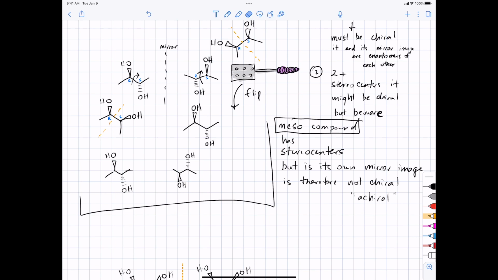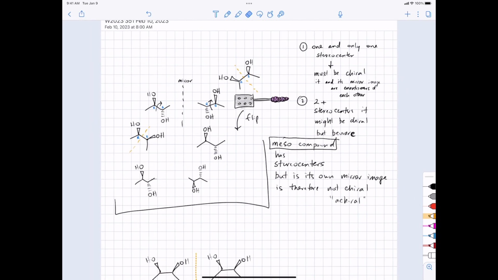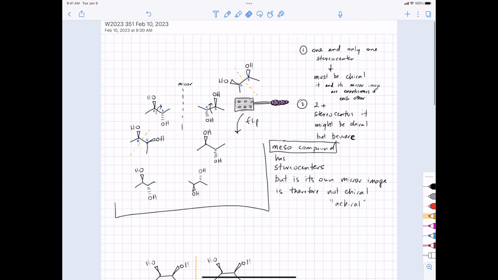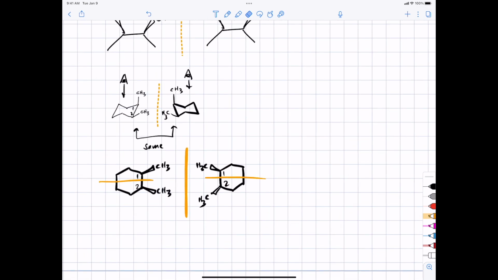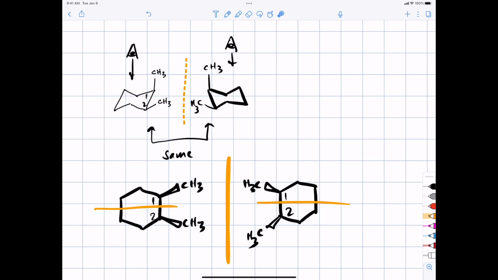Go ahead. So I'm assuming this does not apply as well to rings, I mean carbon-carbon ring. So does it apply to ring compounds? Can you rotate? Well, yes, in the sense that you can chair flip. So I gave you this cyclohexane ring with 2 methyl groups. And we drew the mirror image, and it would be difficult from this point of view to sort of rotate things around. I mean, the way to see that these two are the same from the chair conformation is simply to do the chair flip,